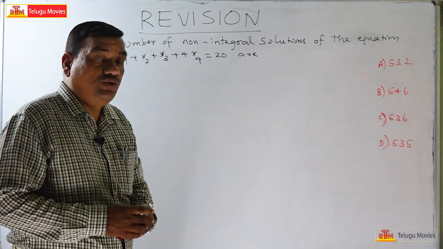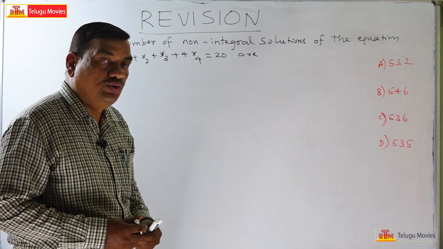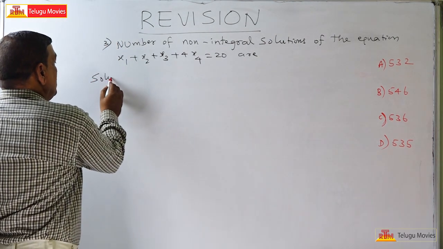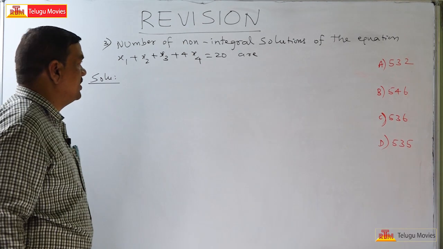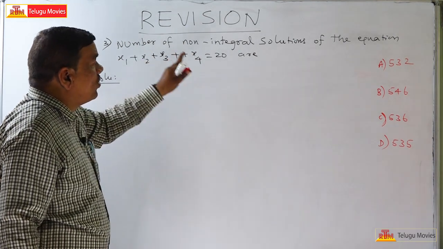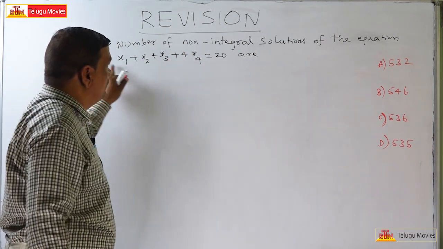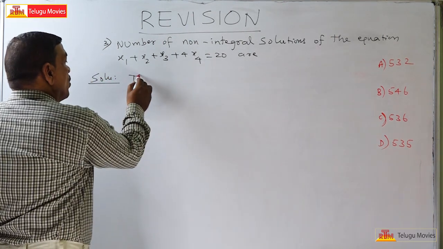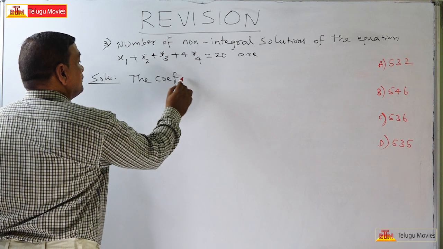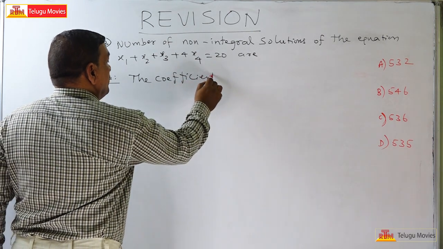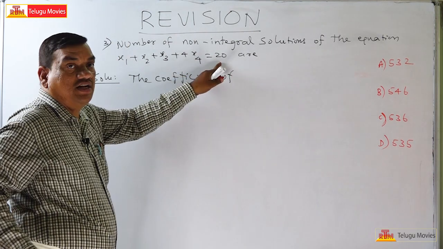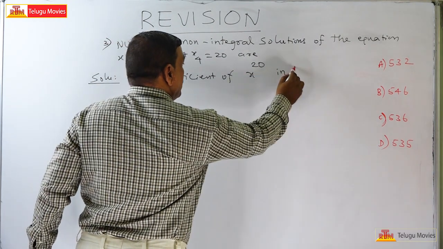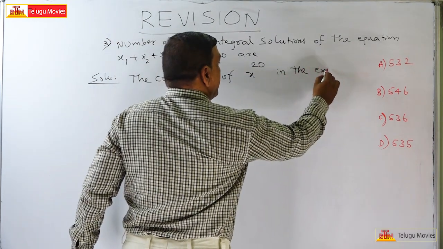So if we want to do this problem, we should know the multinomial theorem. The number of integral solutions of this equation is the same as the coefficient of x to the power of 20 in the expansion of